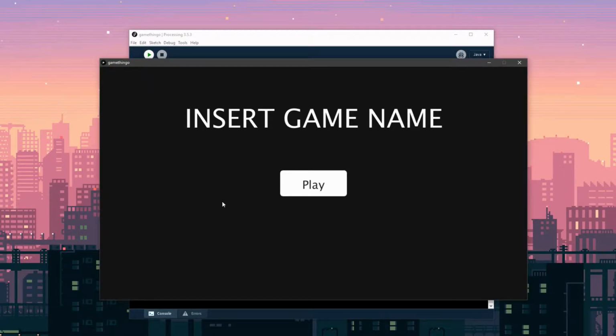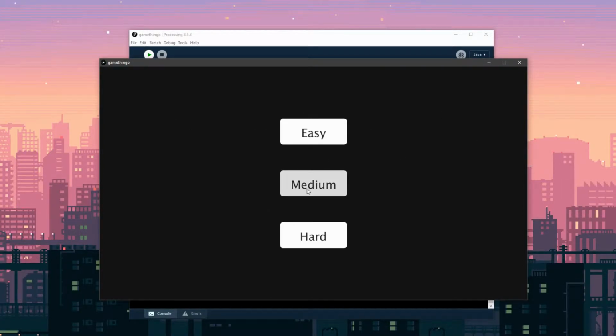So, moment of truth. After a lot of coding, I've got insert game name, which I'll change later. And I got play. You can choose easy, medium, or hard. Easy and medium shouldn't do anything because I haven't actually added those difficulties yet, but medium